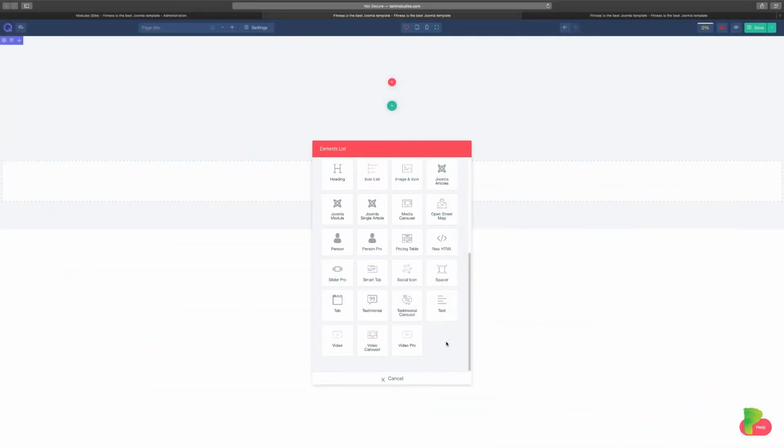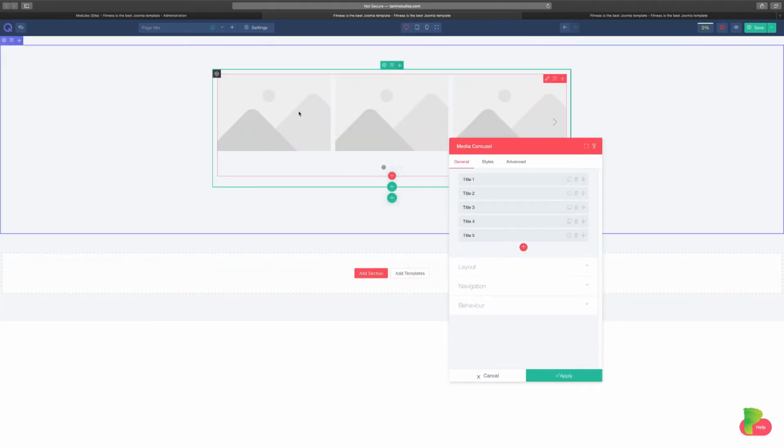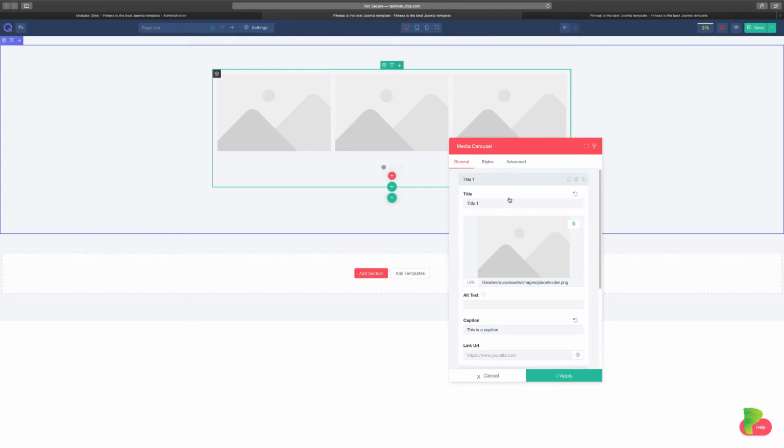In this lesson, we're going to add a media carousel. So let's check this one out. When you put that on there, you notice that you have this little dot at the bottom that you can scroll through, and you can choose the image or images that you want